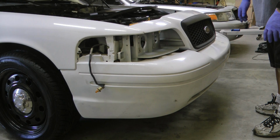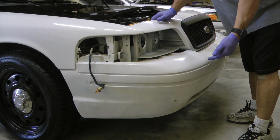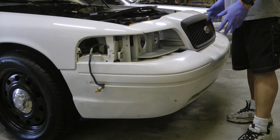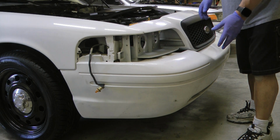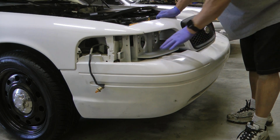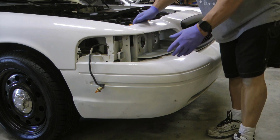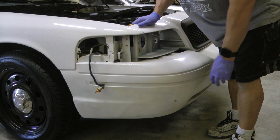Putting it back on is the reverse of removal. I would note that it will get caught on certain places, so as you're sliding it back on, you're going to get a lot of resistance. I found that on the very bottom it was getting caught on things. This part not so much. In here, of course, it doesn't want to go around the metal, so you kind of have to bend and